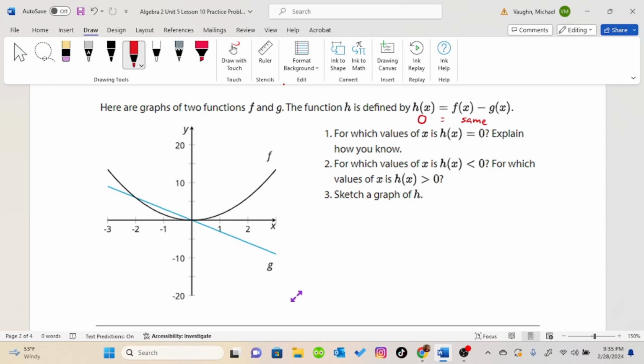So this would be the points where the graphs cross each other. So at -2 and at the origin. So the values of x would be x equals -2 and x equals 0